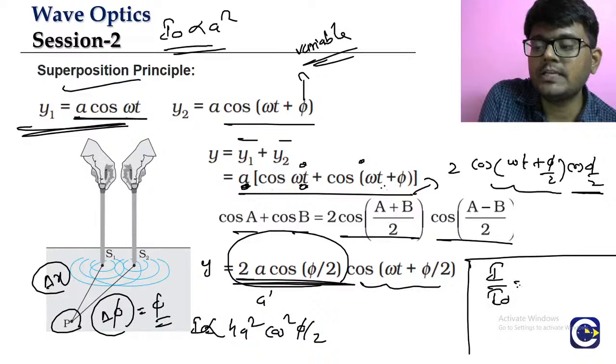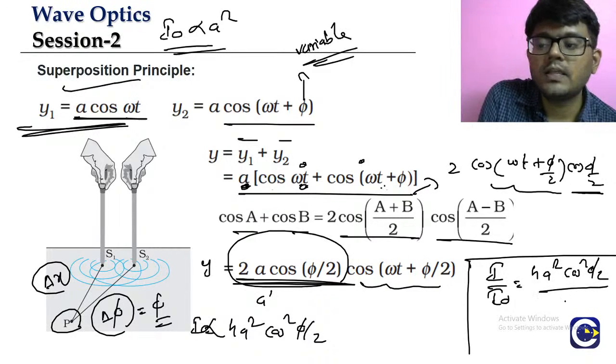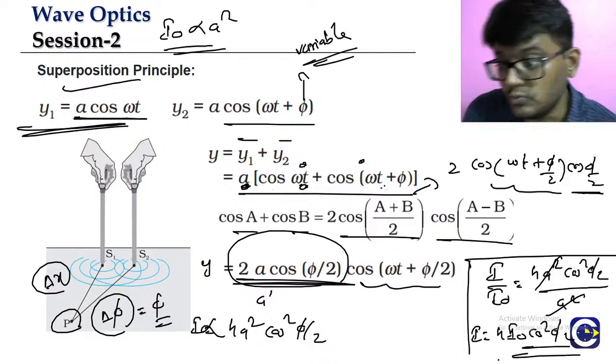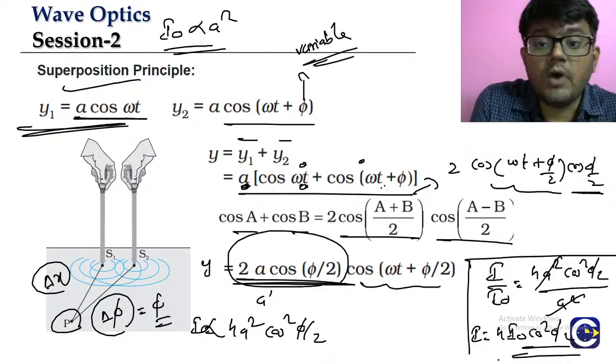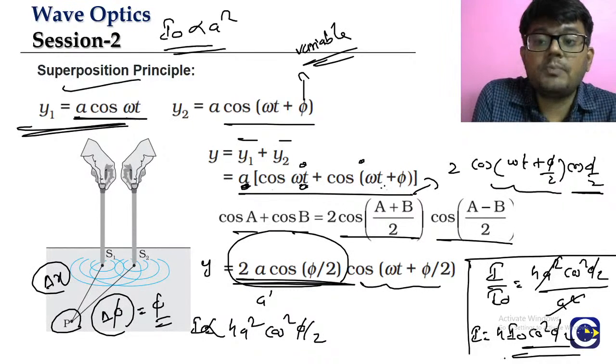I by I naught is equal to 4a square cos square phi by 2 divided by a square. So we'll have I is equal to 4 I naught cos square phi by 2. This is the intensity at the point P. So depending upon the phi value,